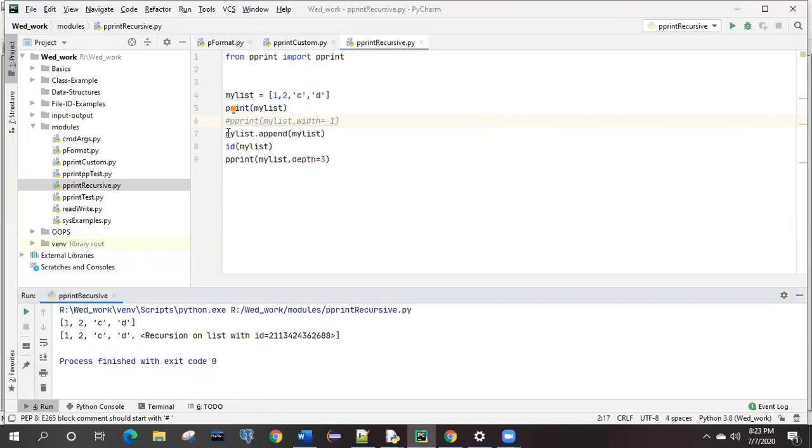Yeah. Now, what we are doing here with my list dot. In list, we have seen that we have multiple methods, right? And we have the feature that in an existing list, we can append something, right? Suppose 1, 2, C, D is there. Now I want my list dot append X, then X will be appended at the last. Correct? Yes.